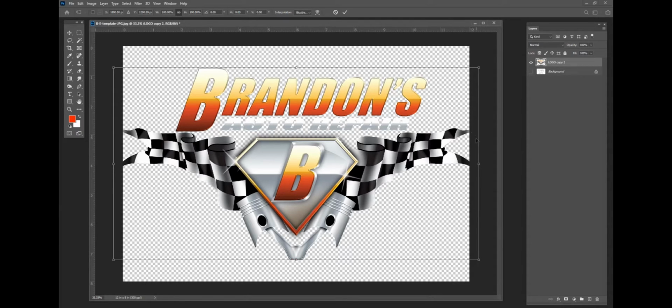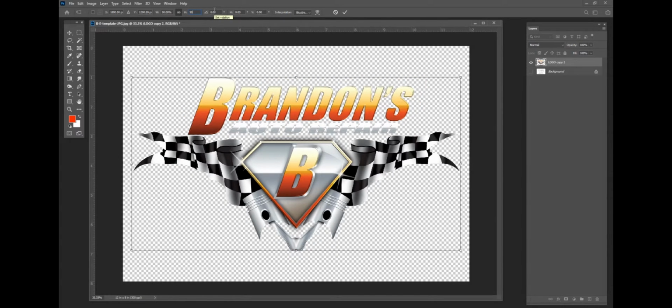We now go up and make sure this little chain link icon is selected, allowing us to proportionally scale our design. In this case, I think a 90% scale should be good enough. Yes, this looks good, so I will hit Enter on my keyboard to set it. Now you see the left and right side of the logo are well within the canvas boundaries. Nothing is sticking out or touching the canvas boundaries all around, so we are sure our entire image will print